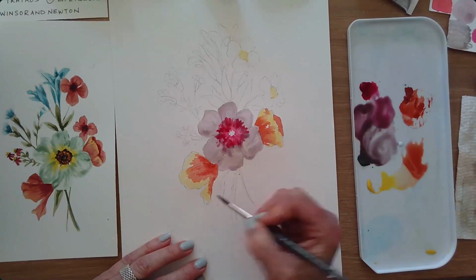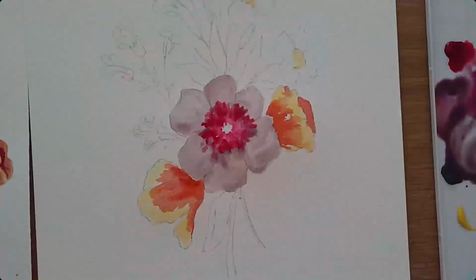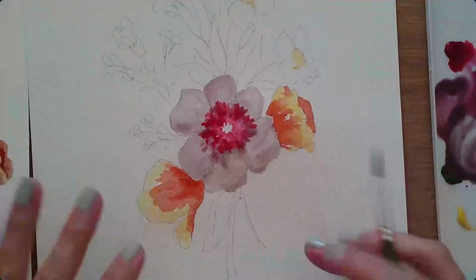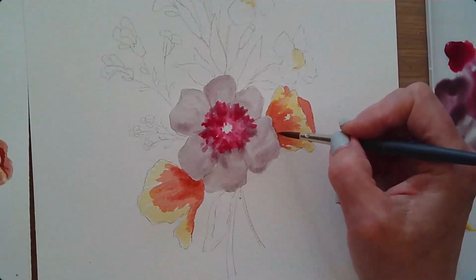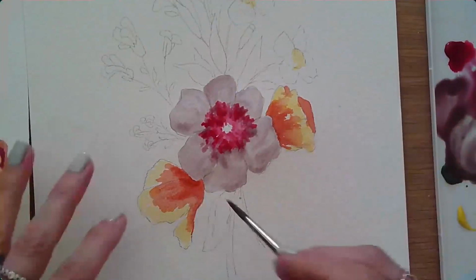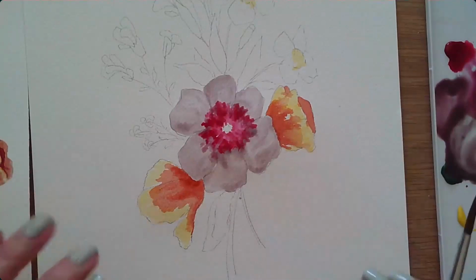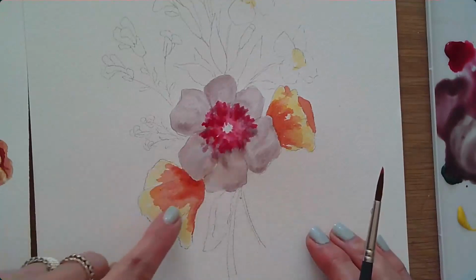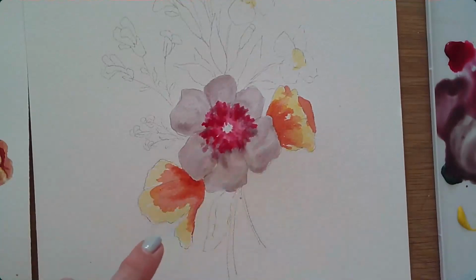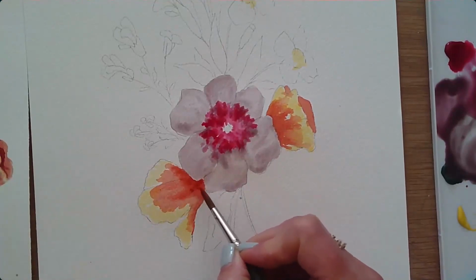Again, just adding a little bit of depth to the bottom of that flower. Let me zoom in a tiny bit. As the water starts to evaporate by just being in a warm climate and drying on the surface of the paper, I have different levels of wet on my paper. So the center of my flower is still quite wet, but these outer petals here, I would say are damp, not necessarily wet, but I can still go in and just by